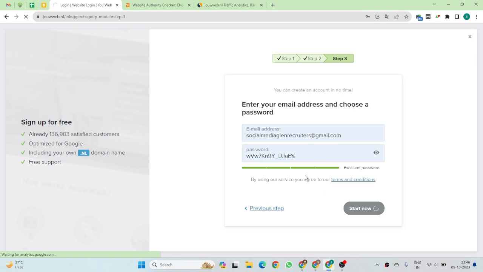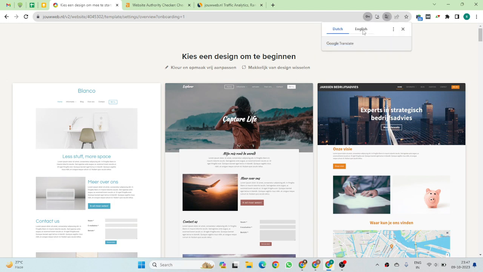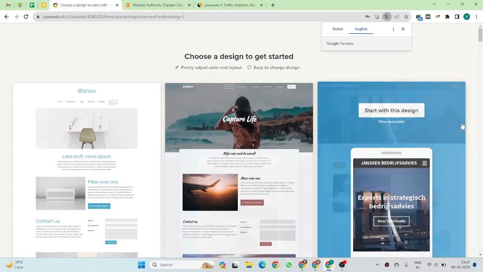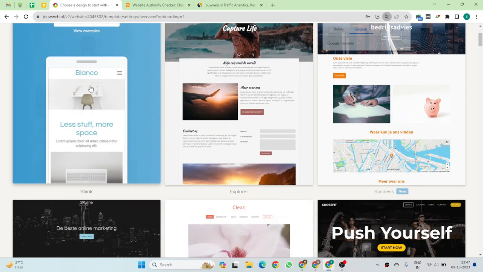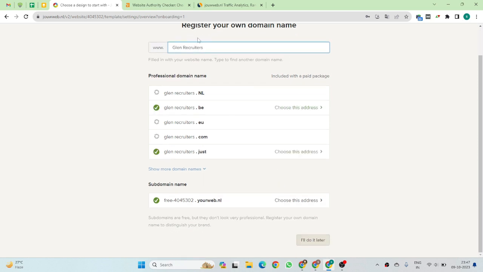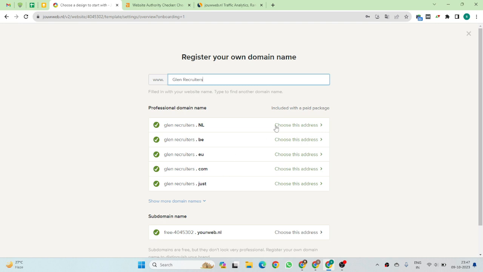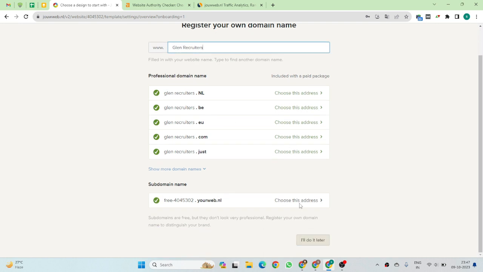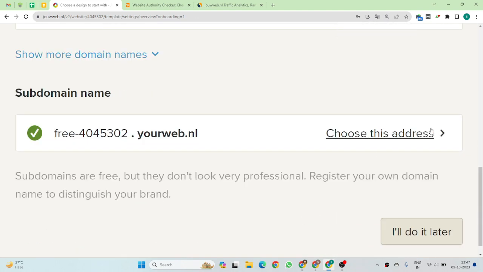Then you guys can click Start Now, and you can select your language according to your requirement. I selected English, and there you can select a template. So I will select the first template, and there you can choose your brand name. If you are able to purchase this link, then you have to do it, otherwise you can choose this option. Okay,